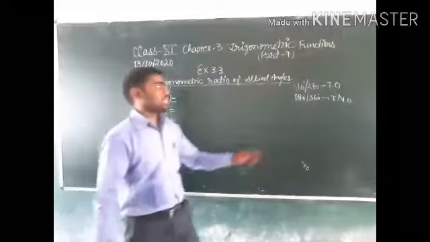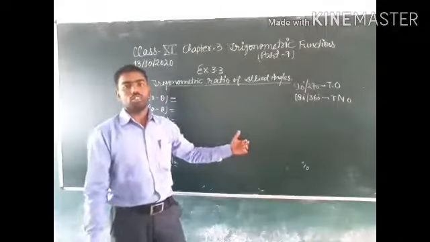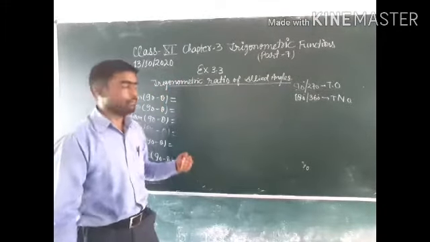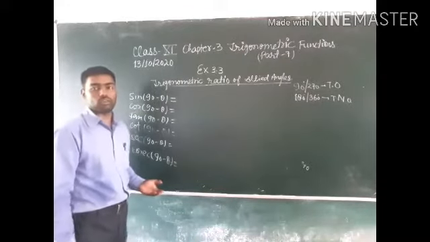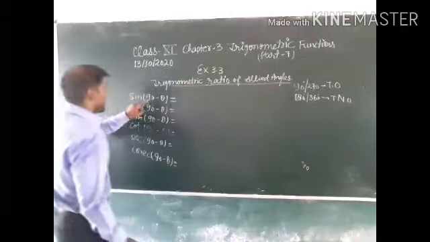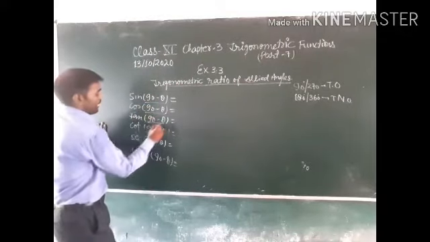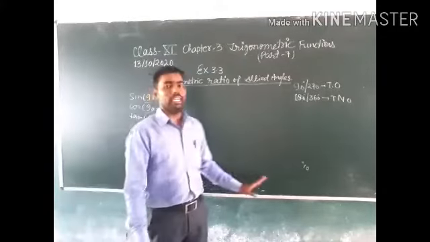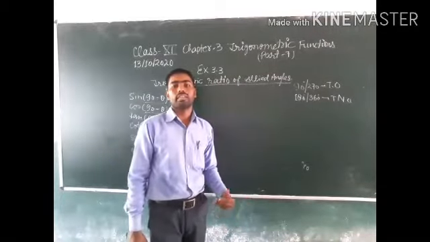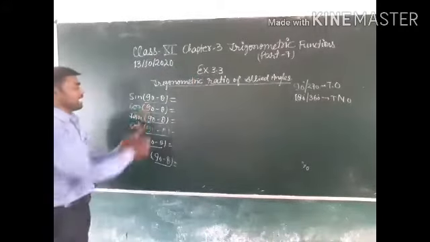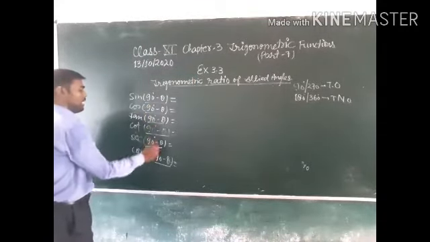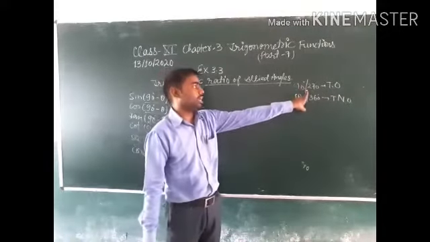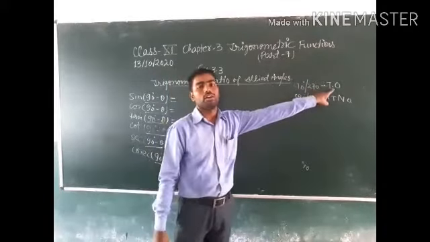Transformation means sin converts into cos, cos converts into sin, tan converts into cot, cot converts into tan, sec converts into cosec, and cosec converts into sec. So this is 90 minus theta. It belongs to the first quadrant, and you already know that in the first quadrant all trigonometric ratios are positive. So with 90 degrees, the transformation occurs, that is, at 90 and 270 degrees transformation occurs.